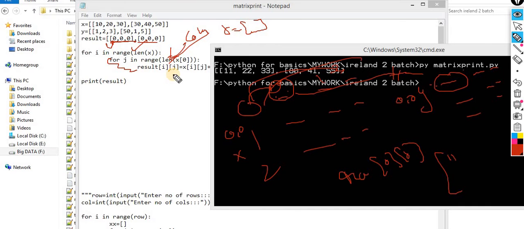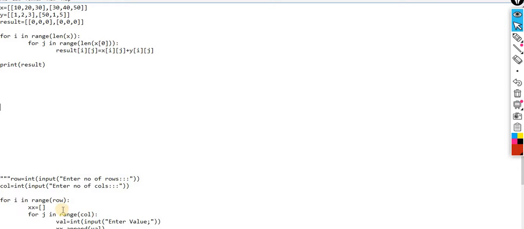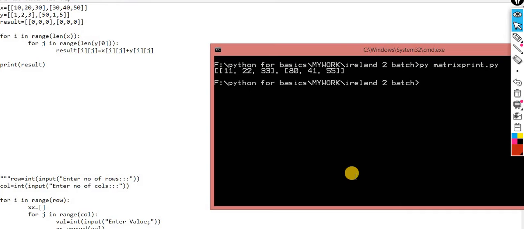I think you guys have doubt. Should I perform the entire scenario? What do you say? Sir, but rather than len of x0, can we still use len of y of 0? Yes, sir, the output would be the same. If you want to take y0, the output would be the same. Now you can check it out. The entire output is the same.